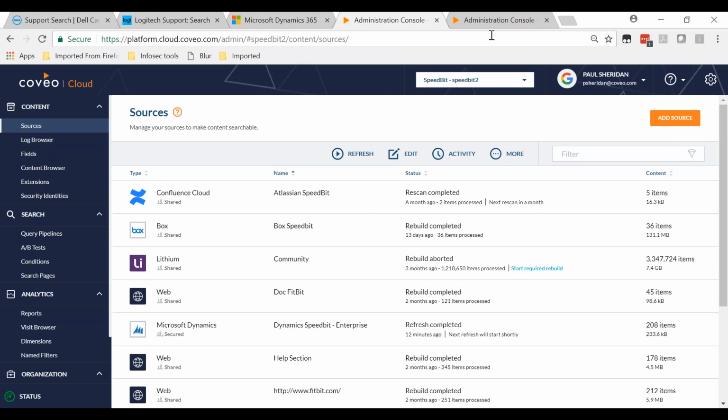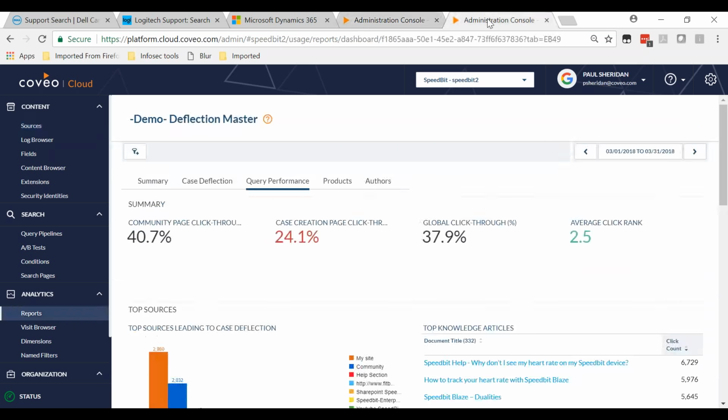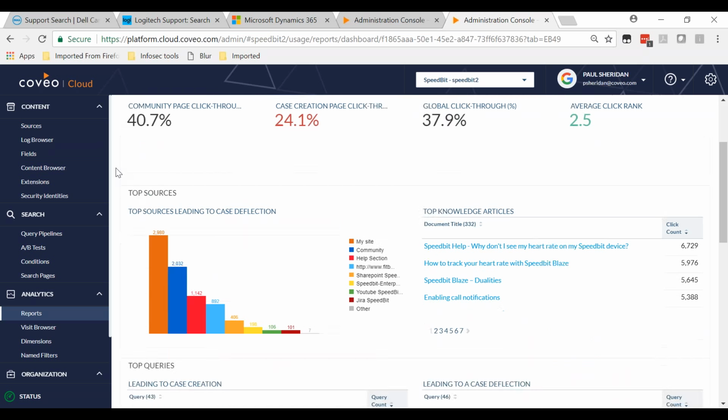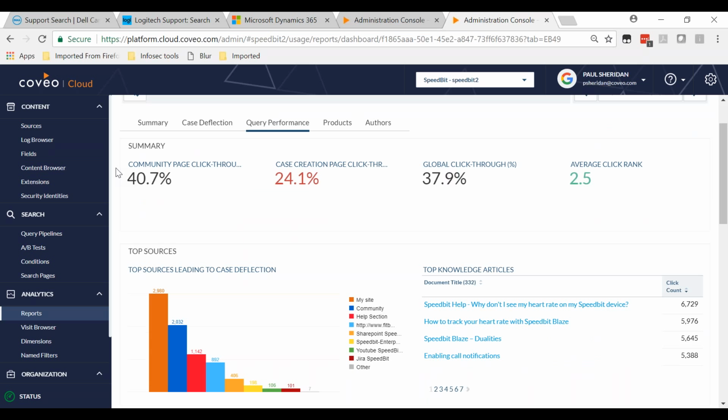I'm going to go back to the usage analytics reports again, just for a moment, to talk a little more about the reporting on case creation and case deflection. Coveo has had a lot of experience together with Microsoft and other CRM vendors in understanding what's important to measure and what's valuable to an organization in terms of how search interacts with knowledge, with content, and with customer self-service and customer service. So an example of the kinds of reports that our customers make use of in this context might include this